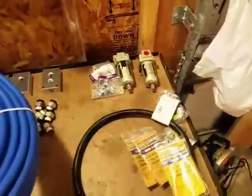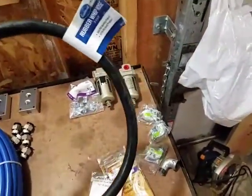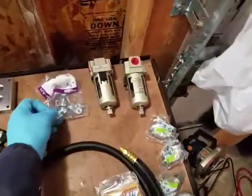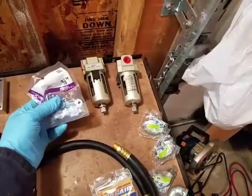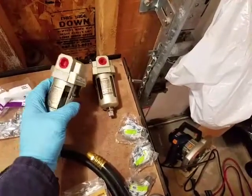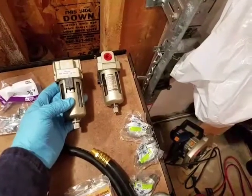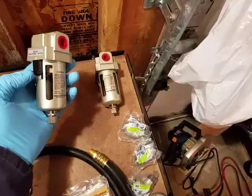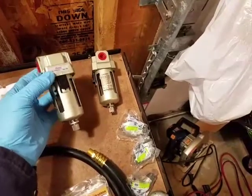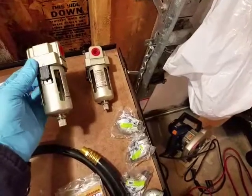Now, this extra stuff that I bought: a 3-foot hose here. This is a 3/8 inch. I also bought some extra 3/8 inch clamps here. I also bought from Harbor Freight 2 moisture separators. So from what I read, the way these are supposed to work, is they're supposed to drain on their own. I'm not quite sure how it does that. It didn't say anything in the directions. I'm going to assume that maybe when it gets to a certain pressure or a certain amount of water in here,